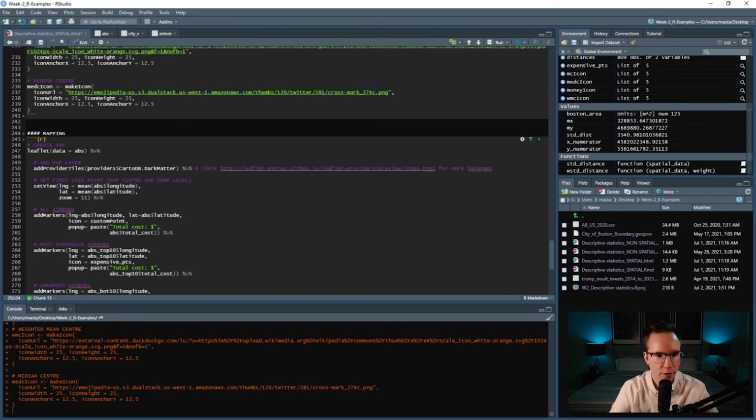So once you read in the data, you can pipe it into what's known as addProviderTiles. Again, it's case sensitive. And we can use providers$, and then this is a very specific base map. And it says here in the code, check this website for more base maps. So if we go here,